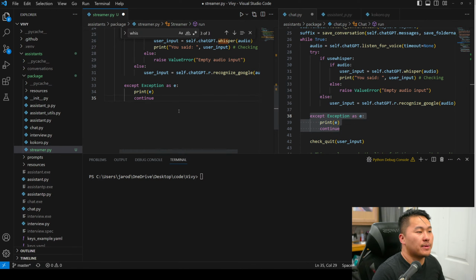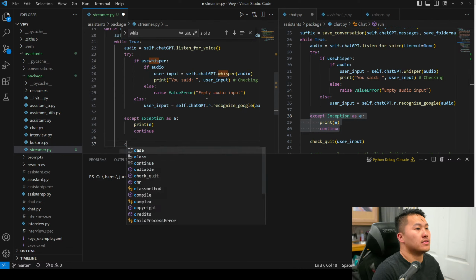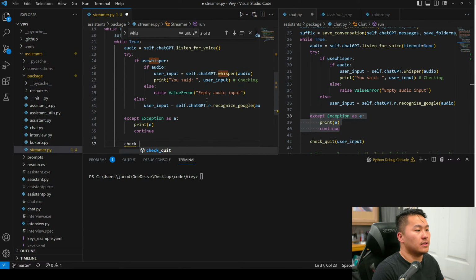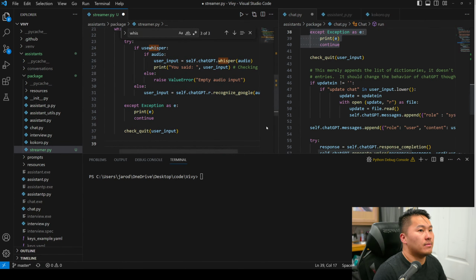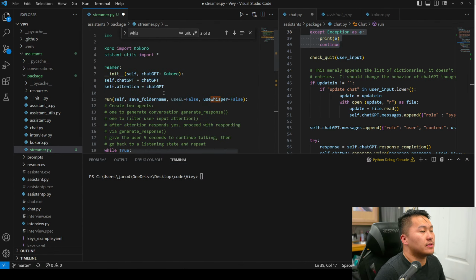Exception, the exception, continue. Of course, there's always a check quit. We're gonna feed it in the user input, and then I don't need that. Cool. And then we're going to ask